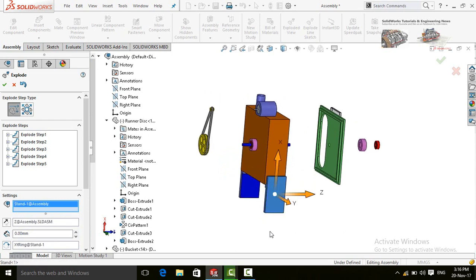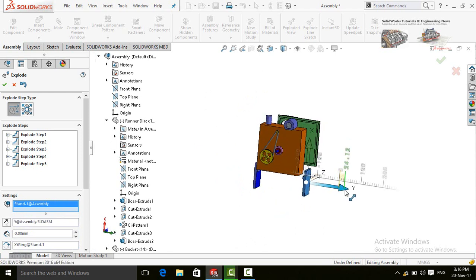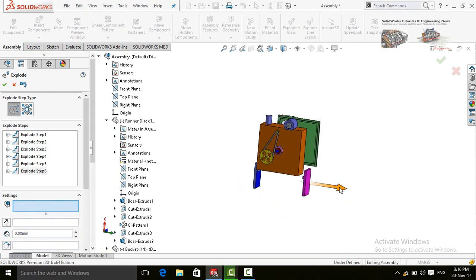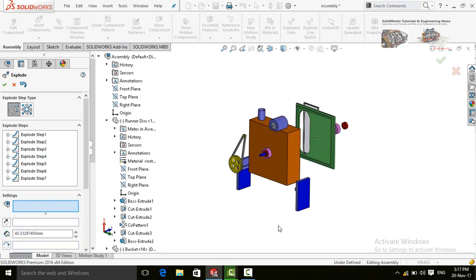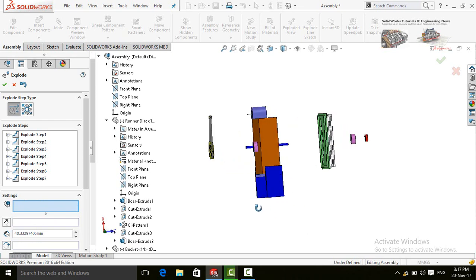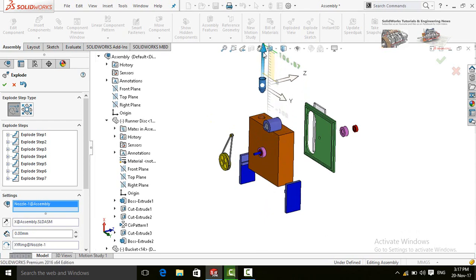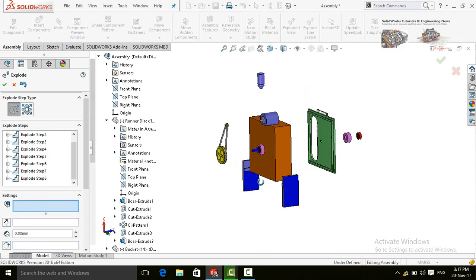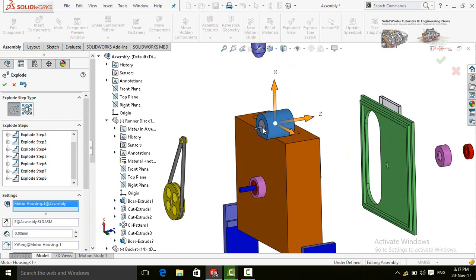Then these stands. Now the nozzle. Motor casing and motor.